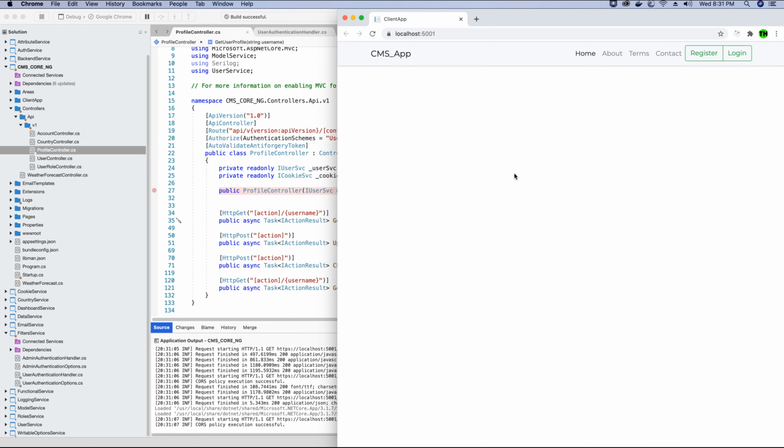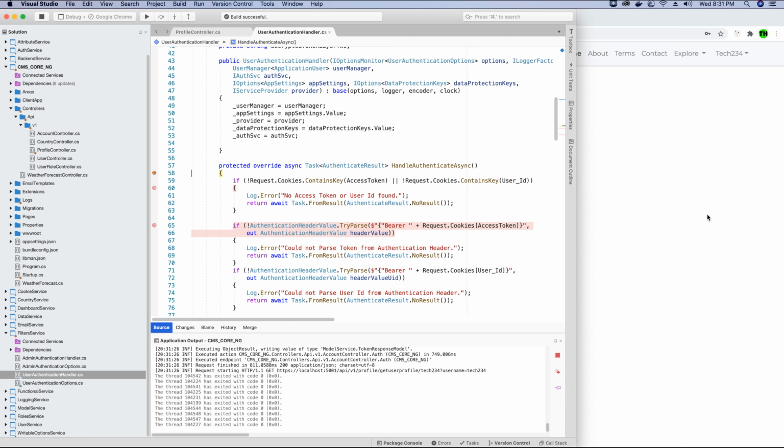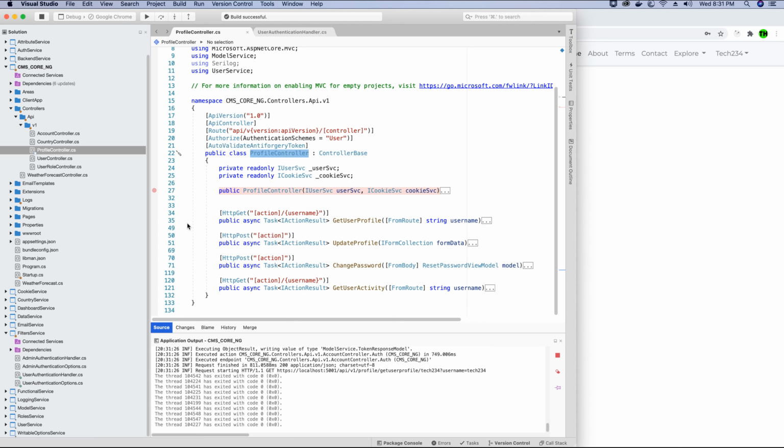We will go ahead and now notice that when we log in as a user, the first thing that we do in our Angular application is get the user's profile. So when we try to get the user's profile, the get user profile method is part of the profile controller. So we have an API endpoint called get user profile, and in the get user profile method that we